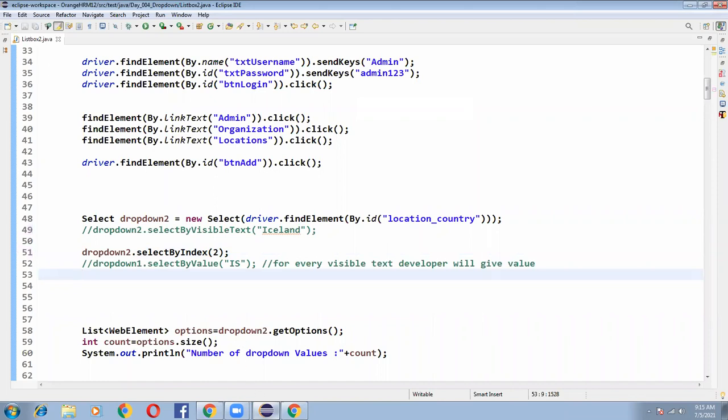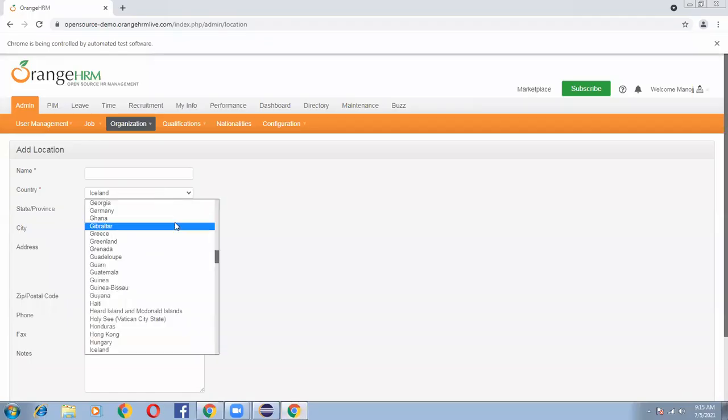Index means the drop down contains some set of values, so the index value starts from 0. 0 means this one, 1 means this one, 2 means Albania.